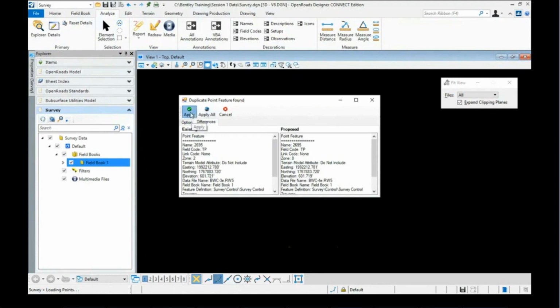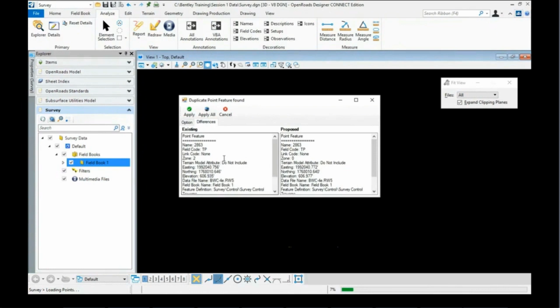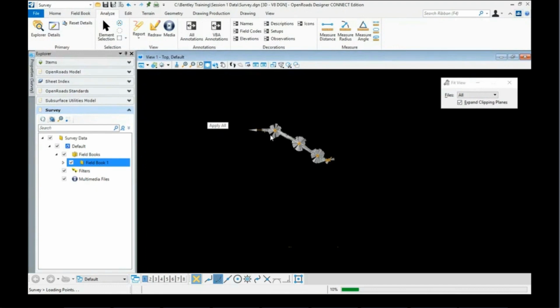So I'm just going to hit apply, and it's going to go through every duplicate feature in there and make sure that it understands what we want to do with it. And I've looked through these before, and really all of the duplicate features in this data set are these types where they're doing a duplicate shot on their traverse point. So I am okay with hitting apply all and just overriding it with the latest shot there. So I'm going to choose overwrite, and I'm going to hit apply all, and it'll go through and it'll finish